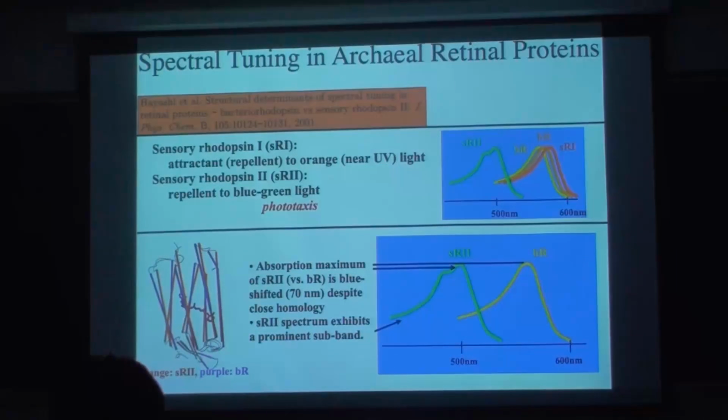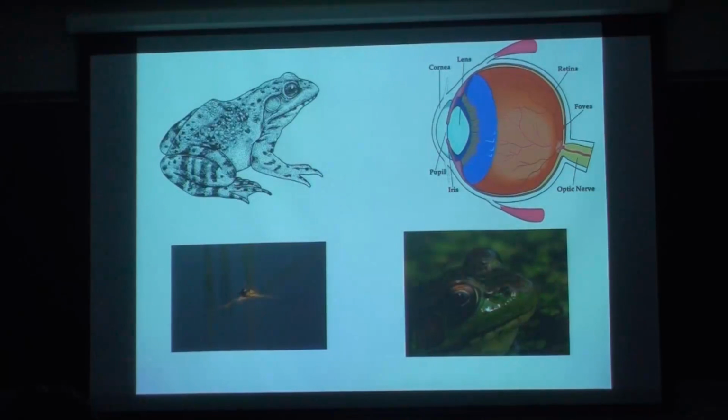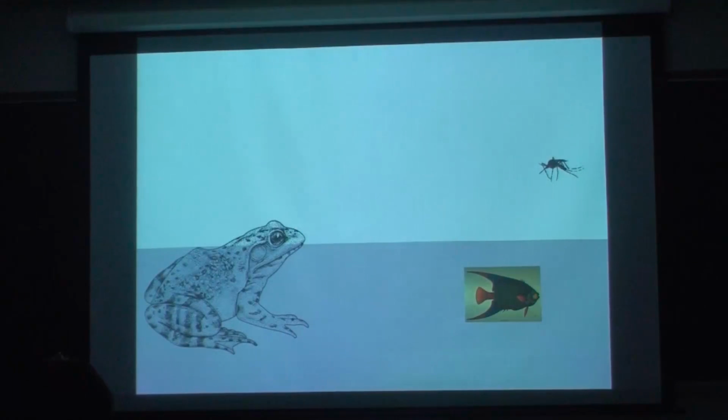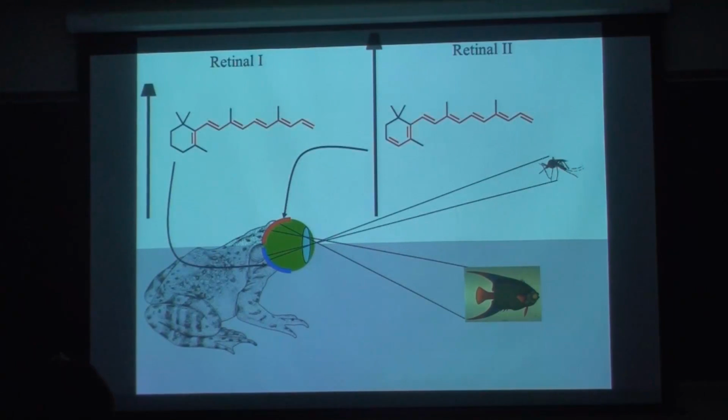Okay, so we have this one. Good. Here, this one I showed you already. This is that frog that sits in the water, and this is what it sees. Now in one part of the retina it sees the sky, and in the other the water, and the spectra are shifted, and that frog actually uses what is called retinal 2, where you see that there is an additional